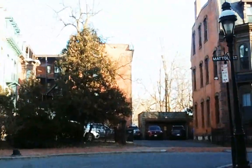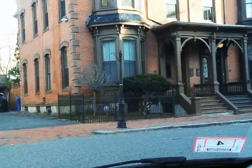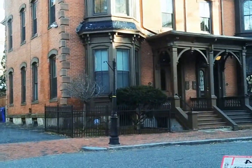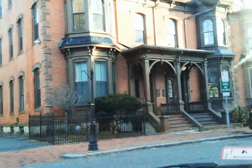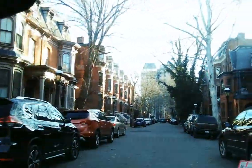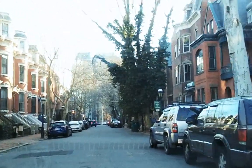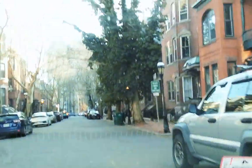Now we're going to go onto Mattoon Street, and what to watch out for here is the French Empire style row houses, all in a row, mostly from 1871. They were built only by a couple architects and put up very quickly in that year. So a lot of things came around this area very quickly. The churches